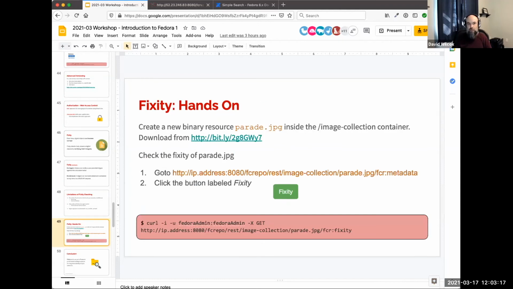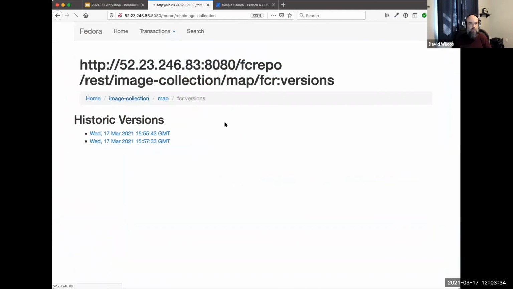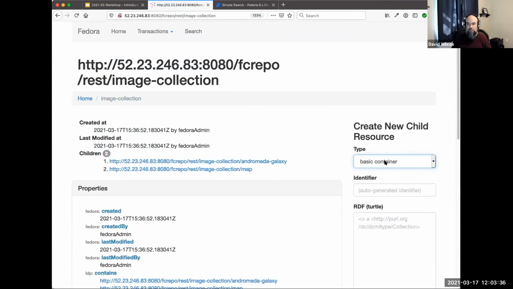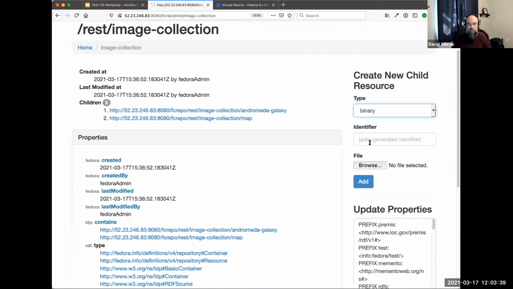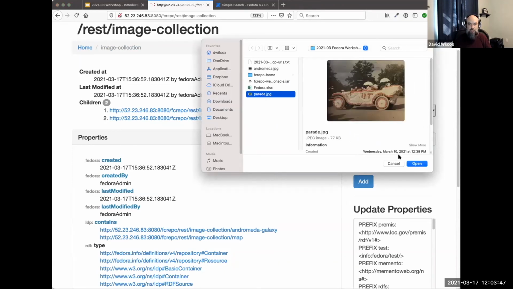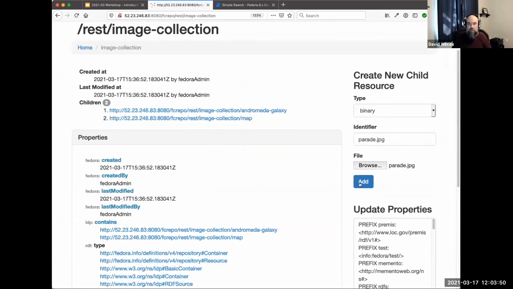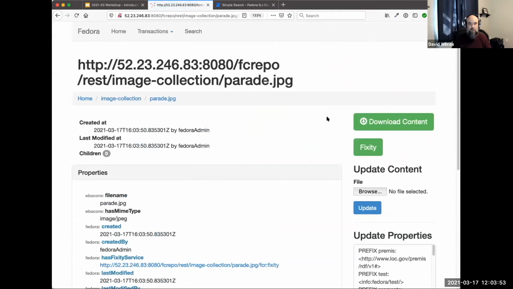We deleted the binary we created, so if you want to add a new one just to see what fixity looks like, there's a link here to one that we used in a previous workshop called Parade. I'm going to add this to the image collection and demonstrate the fixity button very quickly. So if I go to image collection, binary, call this parade.jpg. I downloaded this previously, but again, you can upload whatever you want. Click add. So I have this binary, and if I click the fixity button,